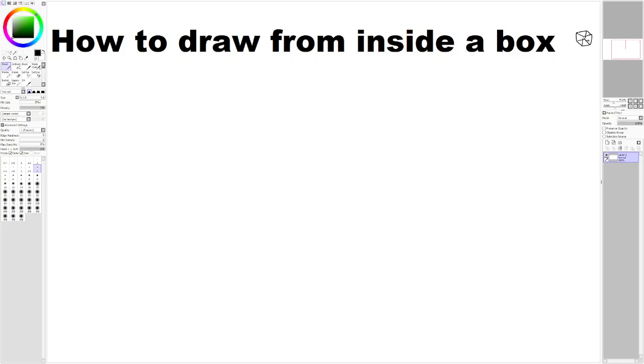Today I'm going to talk about how to draw from inside a box. So I've spent a good deal of time drawing boxes, but now that I think about it,